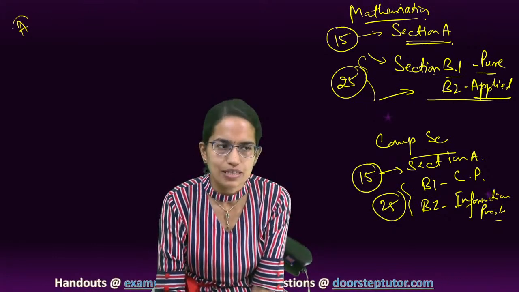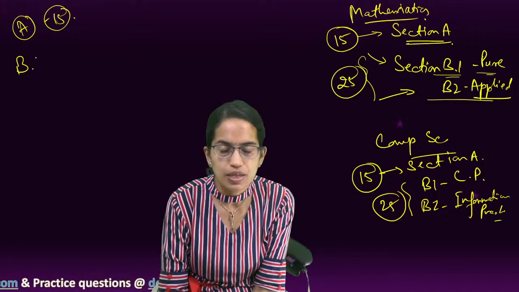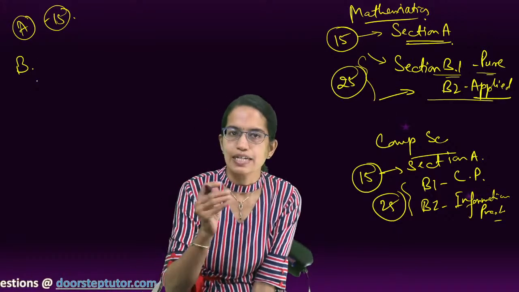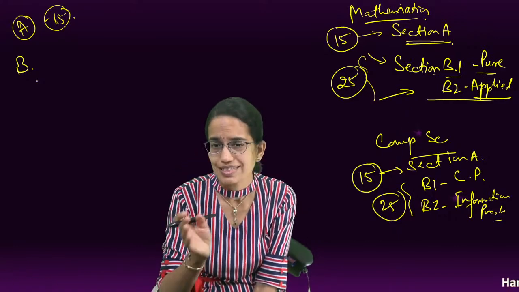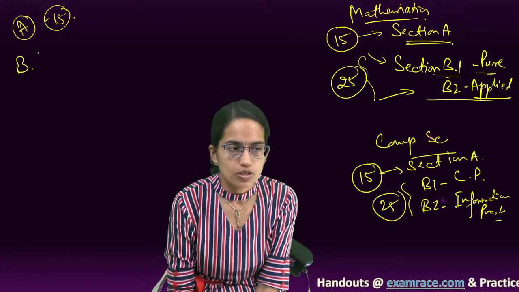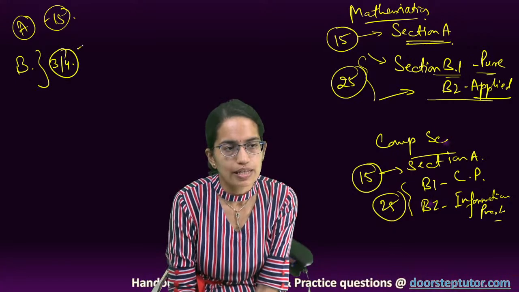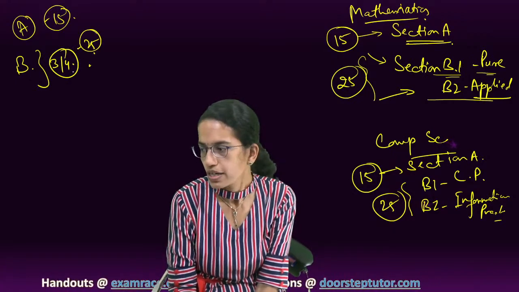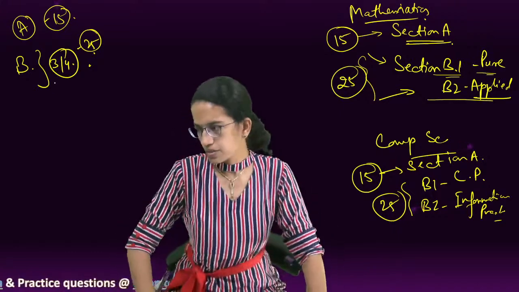Similarly, if you are appearing for teaching aptitude, then again section A is compulsory, general education 15 questions, and then from section B there are 6 or 7 sections like teaching for fine arts, teaching for physical education, for sciences, social sciences, languages, and so on. Now out of those 6 or 7 combinations, you have to know at least 3 to 4 combinations and attempt 25 questions based on that. So that would be a good idea to discuss.